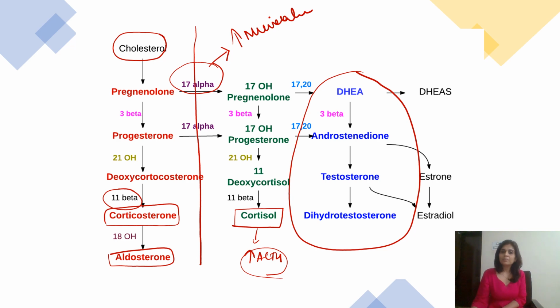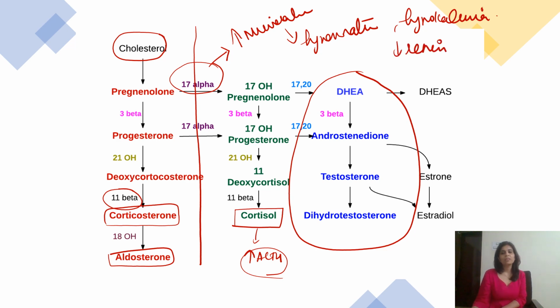What happens when there is excess mineralocorticoid? You know, excess sodium and water reabsorption would cause hypernatremia, and hypokalemia. And when there is hypernatremia and hypokalemia, renin levels will be low. So if you find high ACTH accompanied by hypernatremia, hypokalemia and low renin, you can suspect one or the other hypertensive form of congenital adrenal hyperplasias. One is 17-alpha hydroxylase defect.